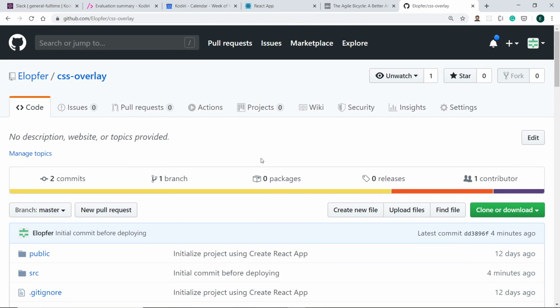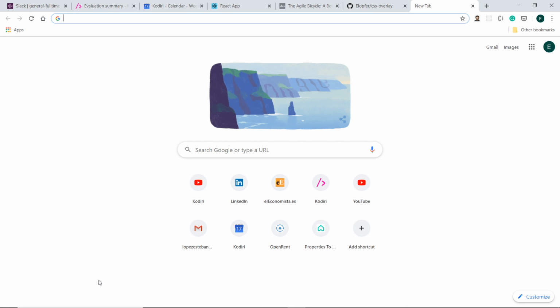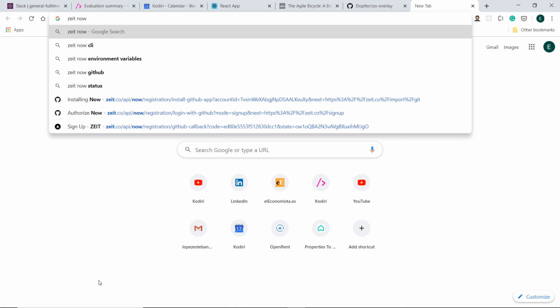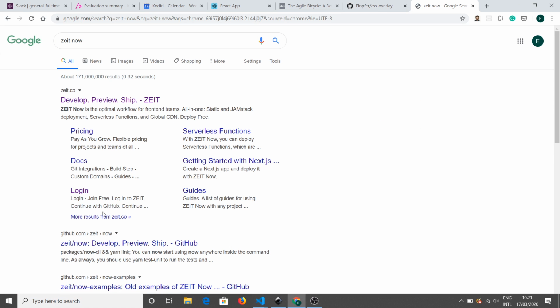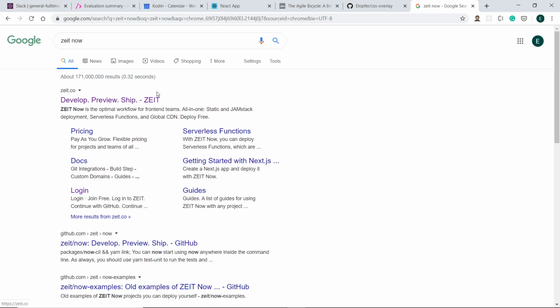Okay. So now I want to deploy it to now. So if we Google say now, how do you pronounce this? Zeit? Zeit? It's German, so isn't it Zeit? Zeit. Yeah, German. Okay. So if we click there on Zeit,